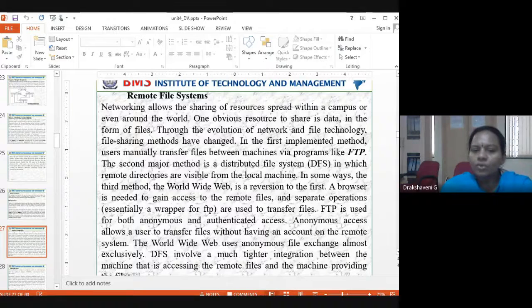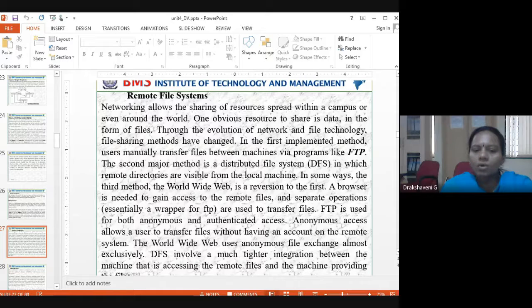FTP is used for both anonymous and authenticated access. If I know your mail IDs, then only I can send you your PPT details. Right now you have official mail IDs. What are official mail IDs? You have your USN at bmsit.in, and we are sending all your details there. With FTP you should have authentication for all this. To open your account, you should use your username and a password. I will not know the password; you will know it, and you may change it. That's the authentication.